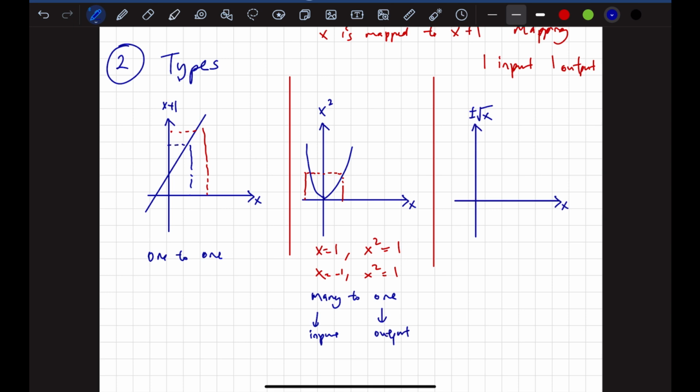Notice that my input may be different but my output's the same, and that's the relationship, how that works. Okay. Now the next type is a